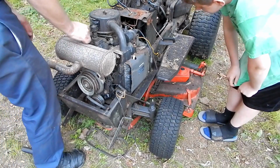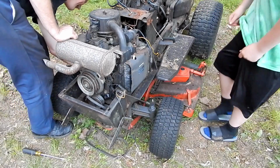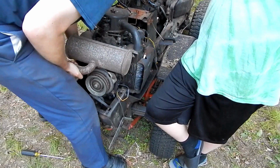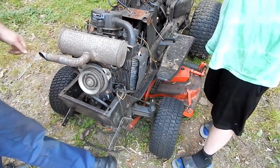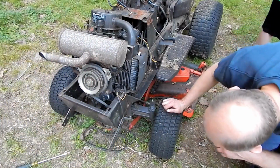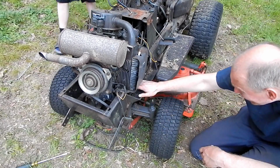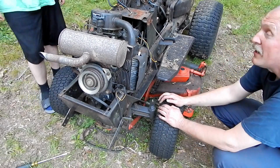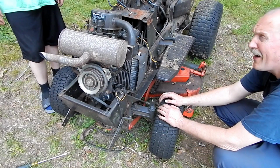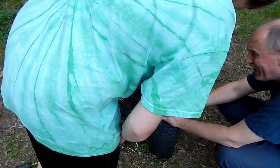Right now, I think the one on this side is still not coming up through the hole like it's supposed to. Okay. Now both sides are out. There we go. Okay. It's a heavy motor. Really? Yeah. Do you have like a lift or something? Well, I really don't want to bring that back over here. I really don't think we need to pull it all the way out. If we could tilt it up on that side,